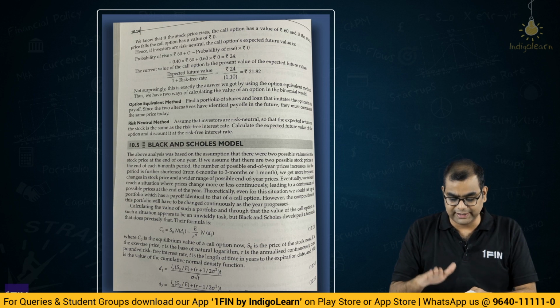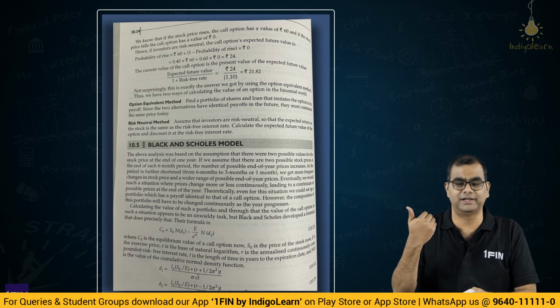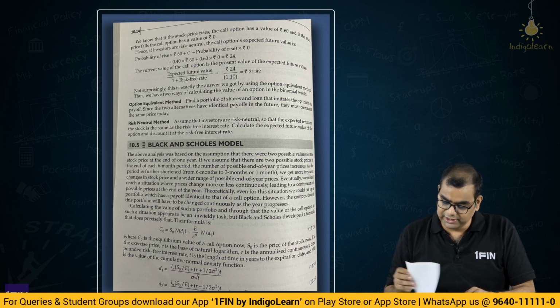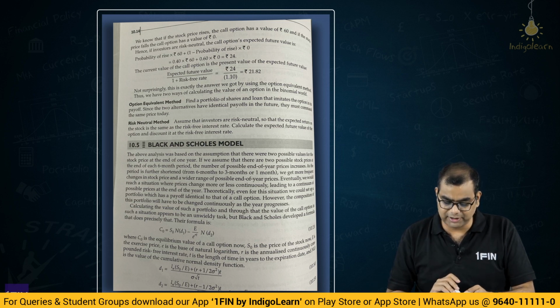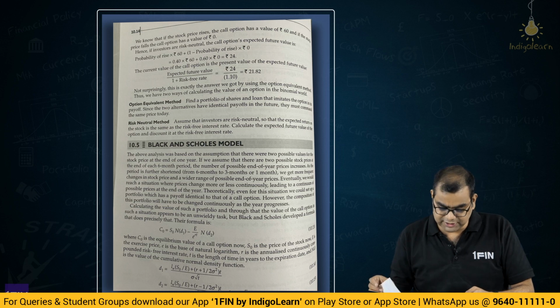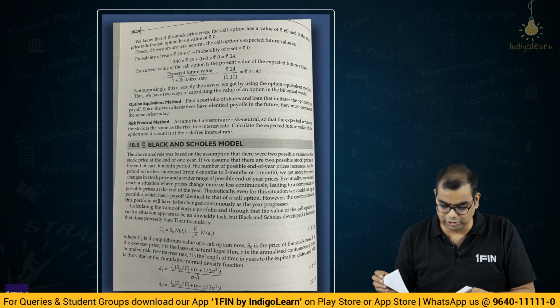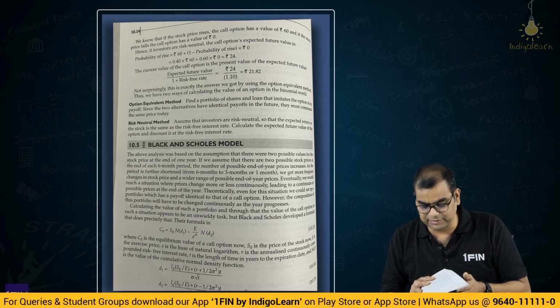Okay, so according to Professor Prasanna Chandra, it is very clear that the option equivalent method, which is our replicating portfolio or delta hedging, whatever you wish to call it, and the risk neutral method are independent. In all his solutions, on page 10.12, even in his binomial method he found delta, he found B. In his binomial method, he used primarily the delta shares portfolio method. Okay, so this is Professor Prasanna Chandra. I am keeping this aside.